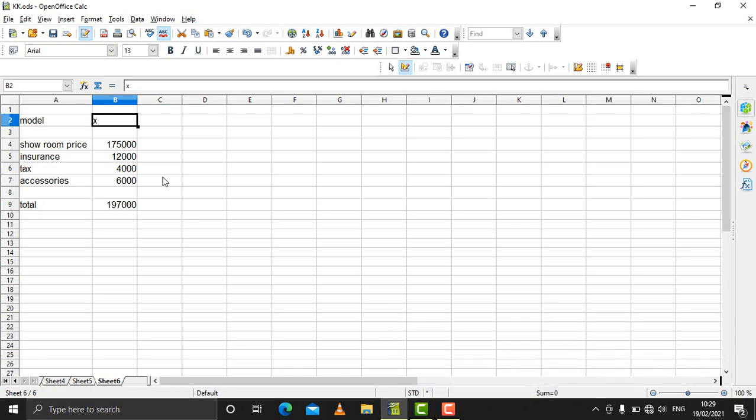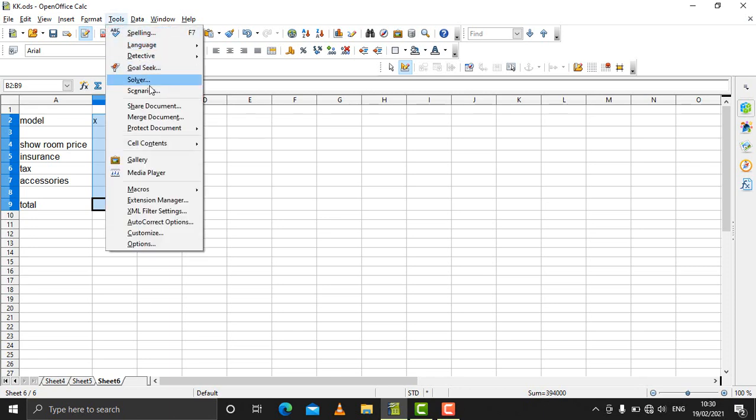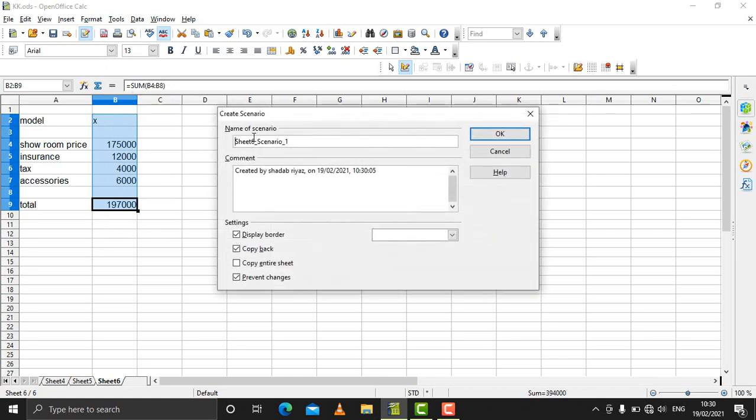For doing so, the very first thing we need to do is select the range of cells whose values will change every time. So here we will select all the cells which will have values that change every time. I'll select X also, and all these prices also, because every time I can change all these. Whichever value you think can change, you select all. After selecting all, click on Tools and then click on Scenarios. As you click on Scenarios, a dialog box will appear.